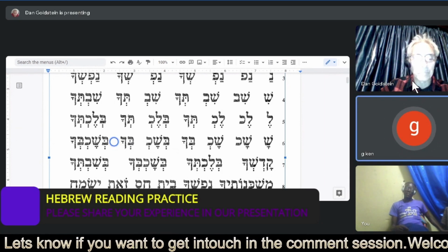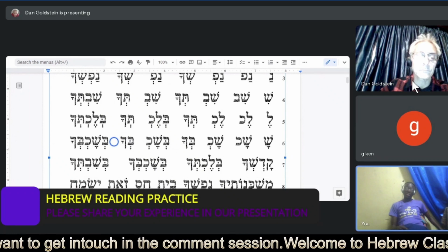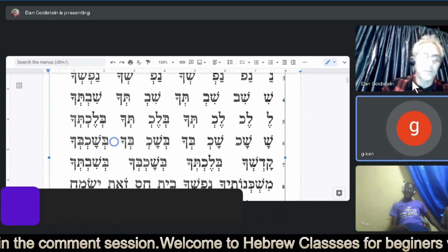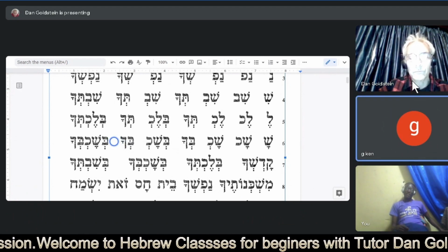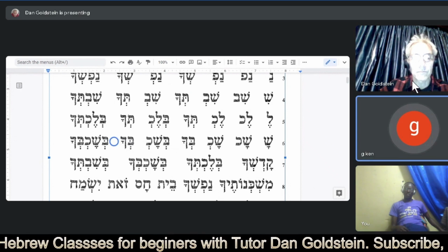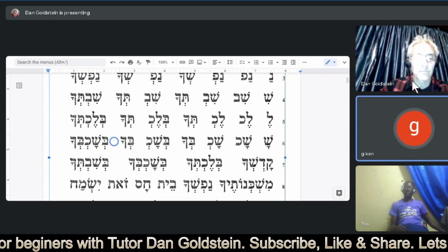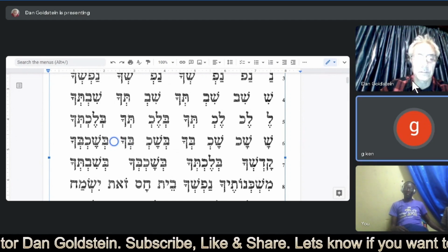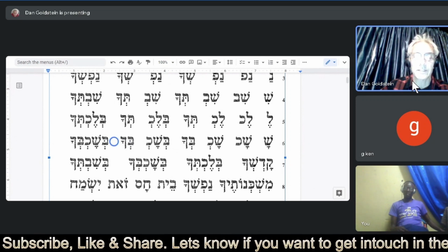The rule or the root? The root, the shorish. So I think in that case the second shva from the buttons, I think is not supposed to be pronounced. I think it is supposed to be silent. The shva under the chaf. Yeah, that's correct. That's our rule of two shvas in a row. The first one would be silent. That's correct. But what I was getting at is